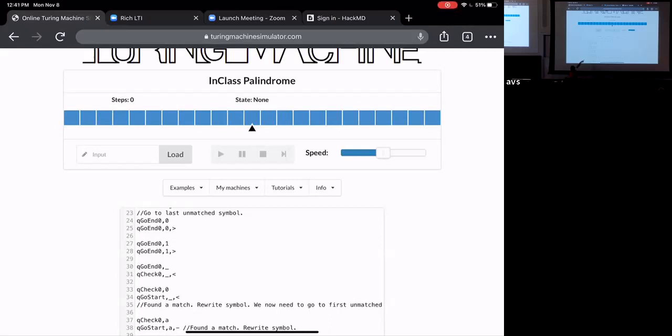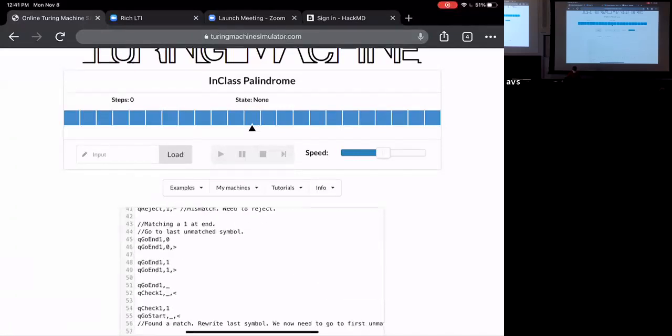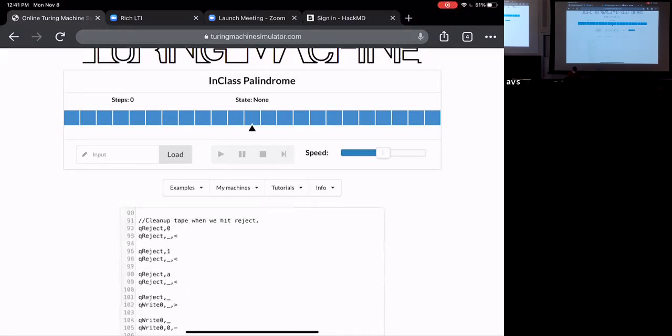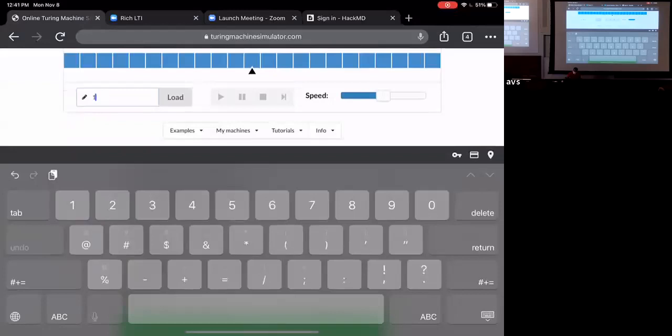And when you see it, you enter check 0. Okay? And you found a match, rewrite symbol. We now need to go to the first unmatched. So you can keep going, basically. It takes 100 lines, which I'm not going to do in class. But let's just do